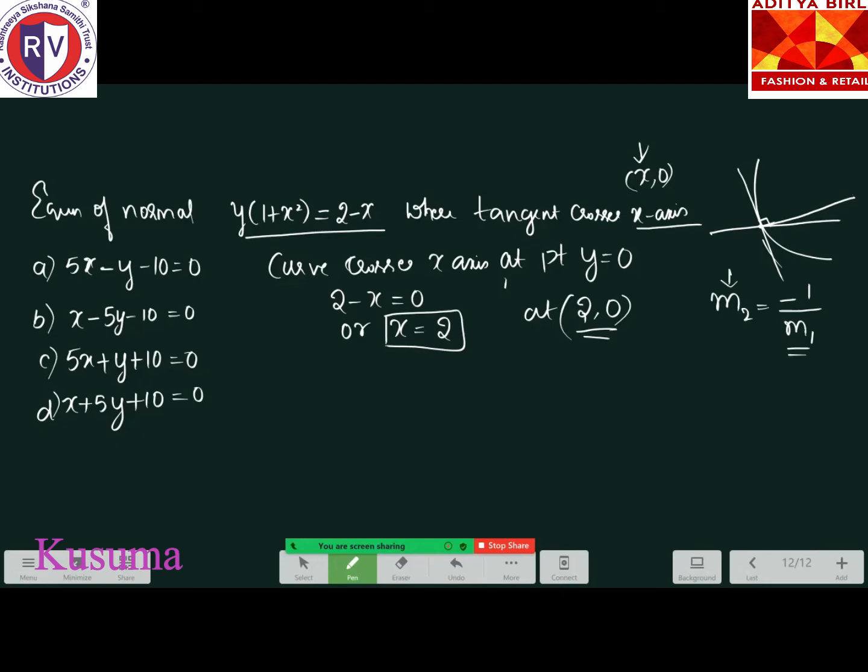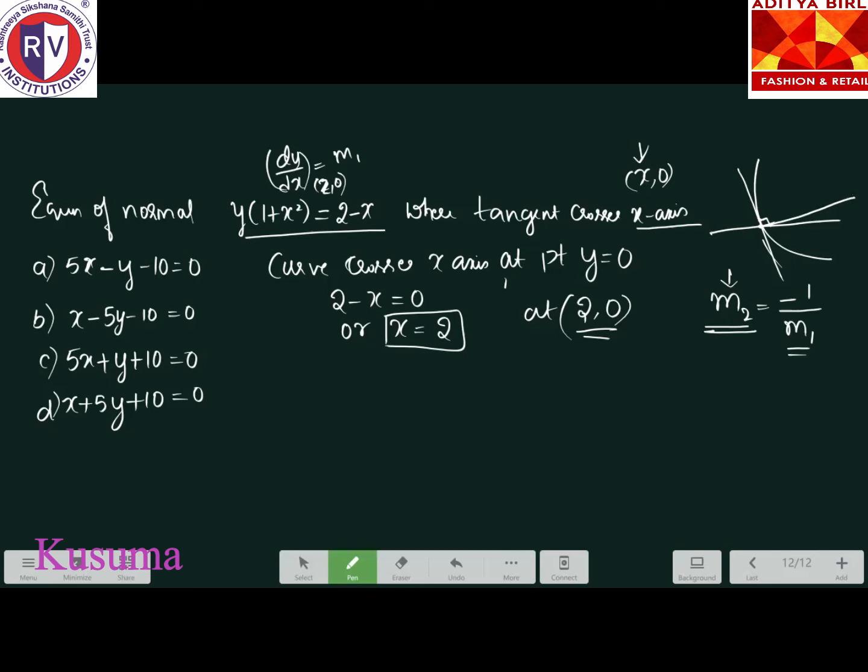Namge illi tangent ಯಾವ particular point ಅಲ್ಲಿ pass ಆಗ್ತಿದೆ ಗೊತ್ತು. Tangent ಹೇಗೆ find out ಮಾಡೋದು ಗೊತ್ತು? Slope of the tangent. What is it? dy by dx ಅಲ್ವಾ? dy by dx itself is the slope of the tangent. ಅಲ್ಲದೆ ನಮಗೆ point of contact ಗೊತ್ತಿರೋದ್ರಿಂದ a point of contact ಗೆ ನಾವು substitute ಮಾಡಿದ್ರೆ ಆ values, we will get the slope of the tangent at that point, using which you can get the slope of the normal. ನಮಗೆ ಸ್ಲೋಪ್ ಗೊತ್ತಿದೆ, ಒಂದು ಪಾಯಿಂಟ್ ಆಫ್ ಕಾಂಟ್ಯಾಕ್ಟ್ ಗೊತ್ತಿದೆ ಅಂದ್ರೆ you can easily find out the equation of that straight line.